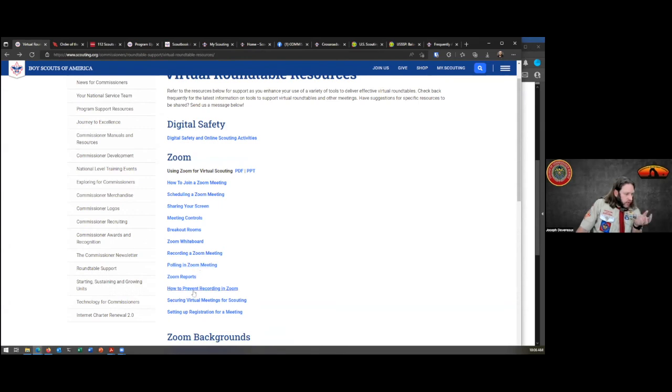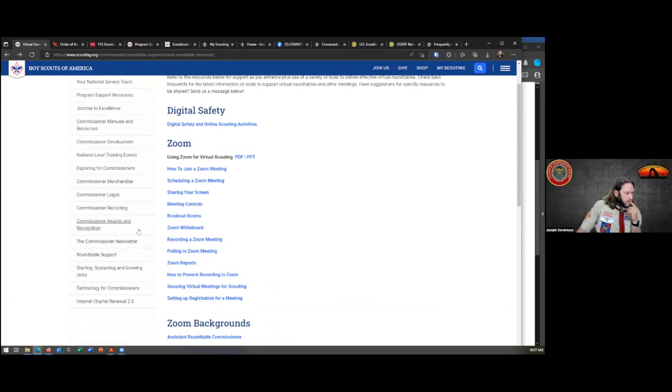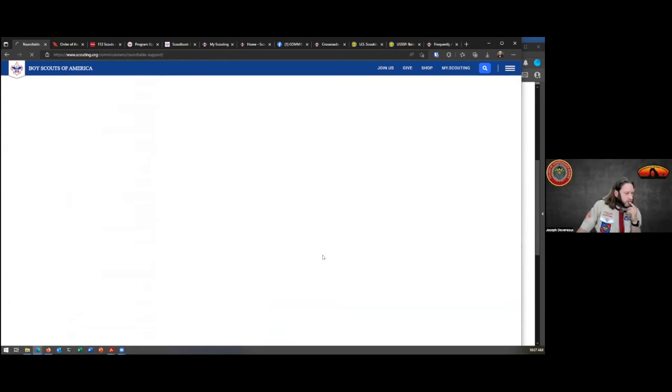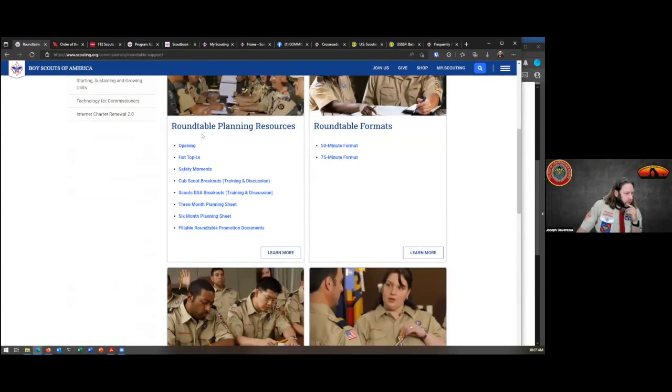Some tools on how to do Zoom. So if you need that, let's see. So this is a link off the commissioner page here, roundtable digital. Activities. I think roundtable support. Roundtable support. Let's go there. Roundtable planning resources, Cub Scout breakouts, training and discussion section.